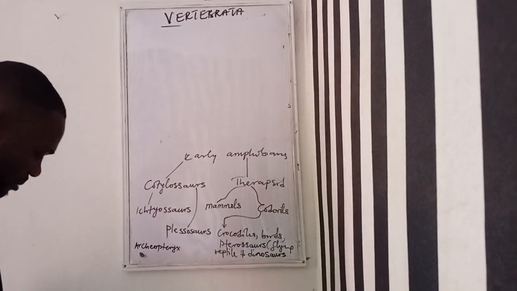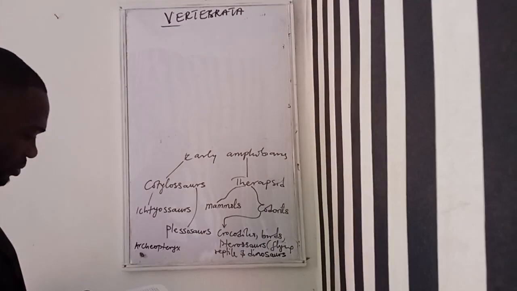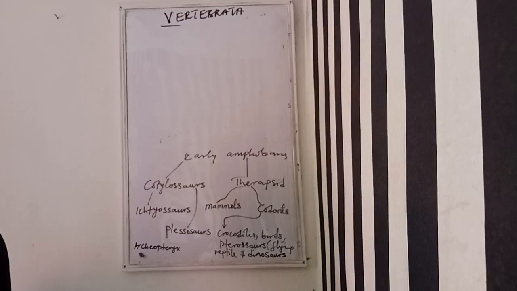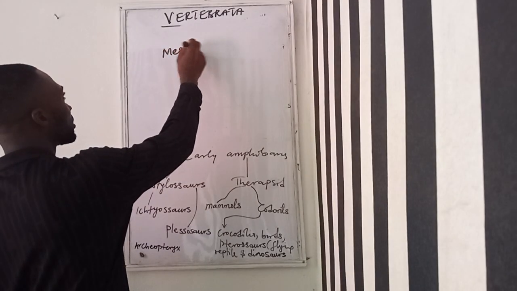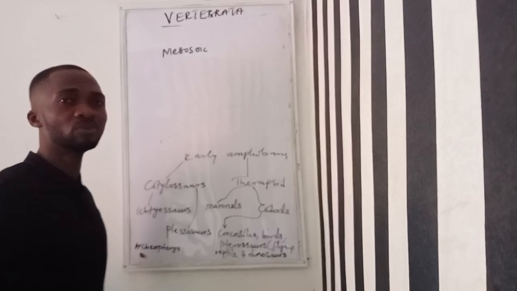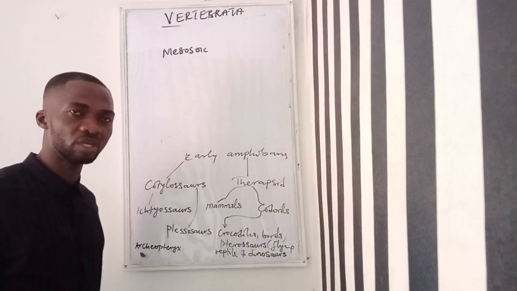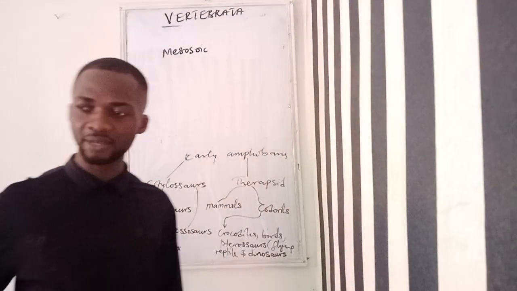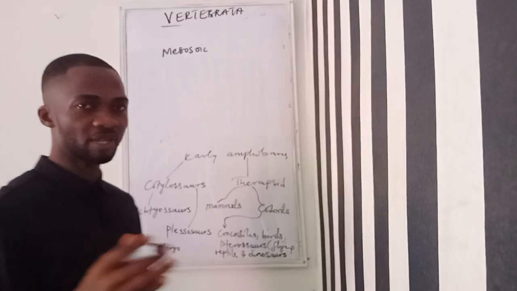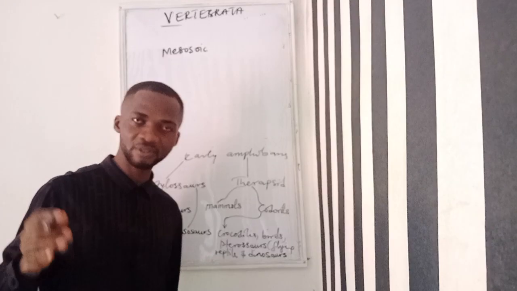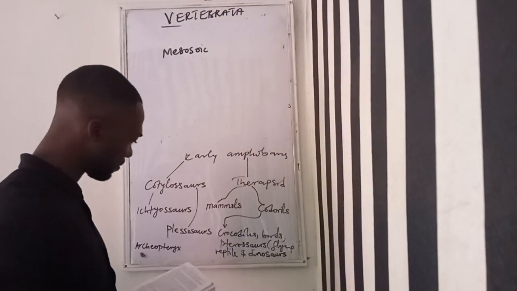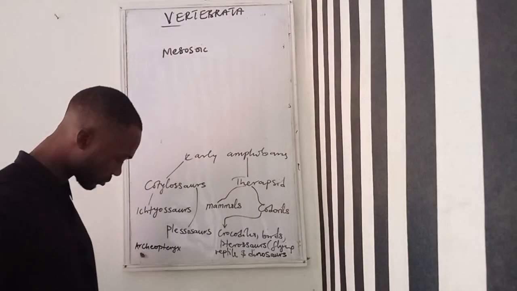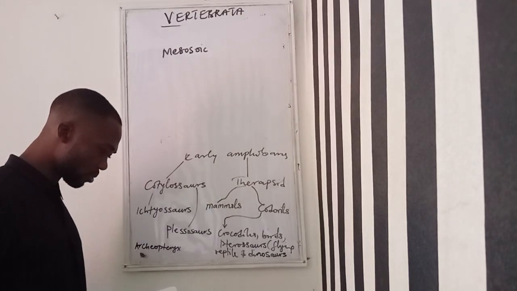And the reptiles became dominant. They became dominant in the Mesozoic era, which is called the age of reptiles. That means they flourished during the Mesozoic era. Remember that the fishes flourished within the Devonian era, so that's the age of fish. Carboniferous era, the age of amphibians. So the Mesozoic era is now the age of reptiles. So that was when the reptiles flourished. And we have 3 different.